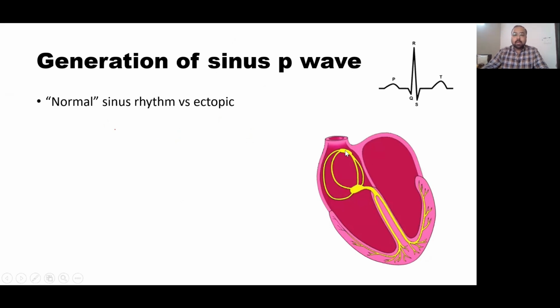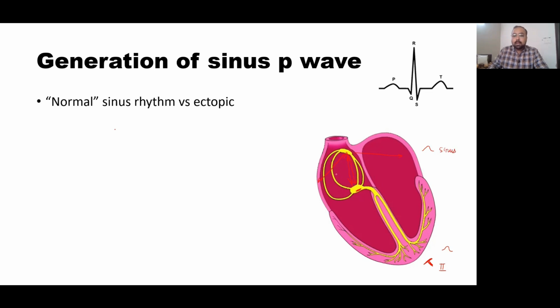So the normal P wave, as you know, the SA node here is the pacemaker of the heart, and the impulses generated from the SA node travel to the right atrium and the left atrium, and in the process of atrial depolarization, they travel from the SA node to the AV node. So this leads to the generation of a P wave. If you look at a lead which is oriented somewhat like this, for example, lead 2, which looks in this direction, the net depolarization of the atria is in this particular way, and hence you get a positive P wave in lead 2. Now, as you can notice, the direction of SA node to AV node is a particular one, and hence you get a particular morphology of a sinus P wave.